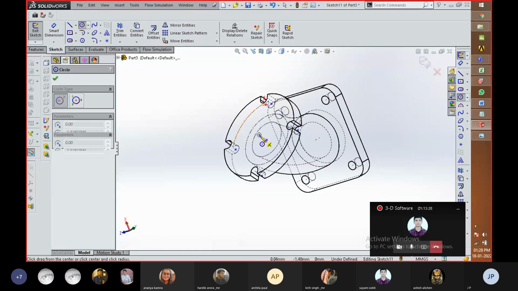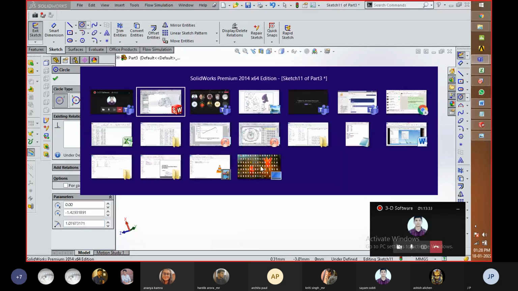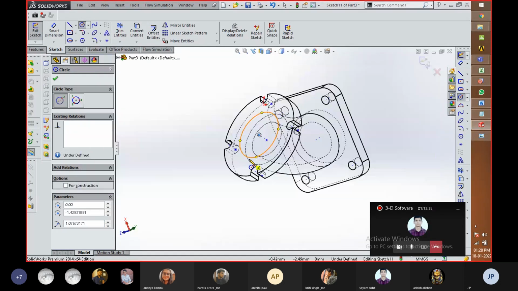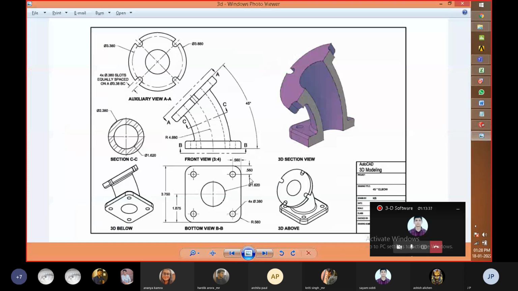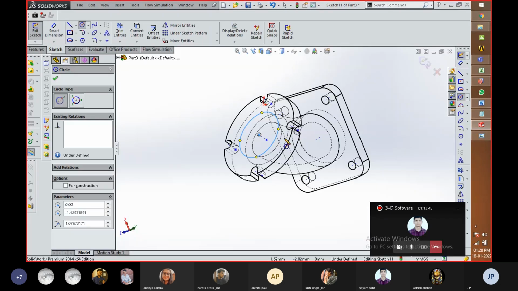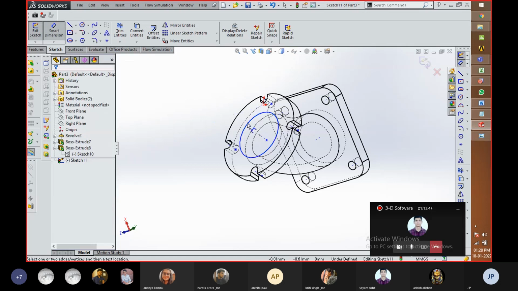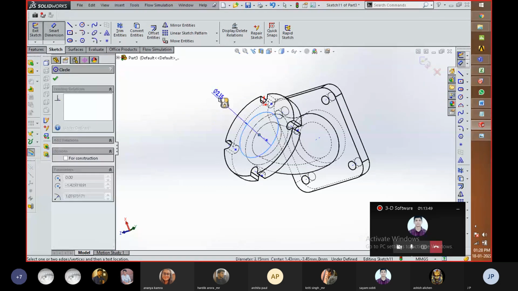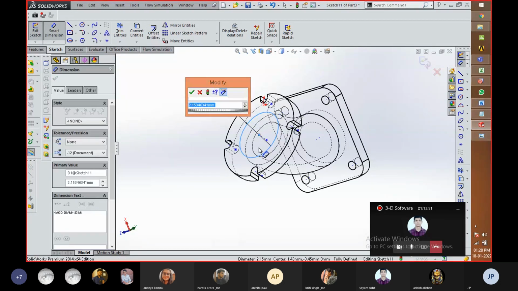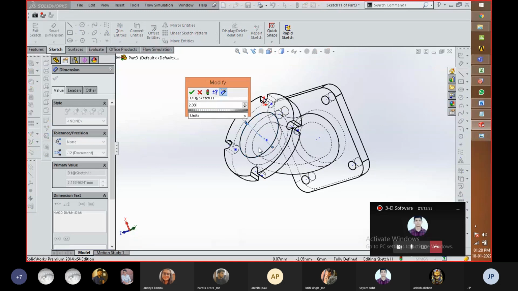Okay, and for the dimension part I'm going to get the drawing. The dimension of the inner part is 2.380. Okay, so we are going to dimension 2.380.